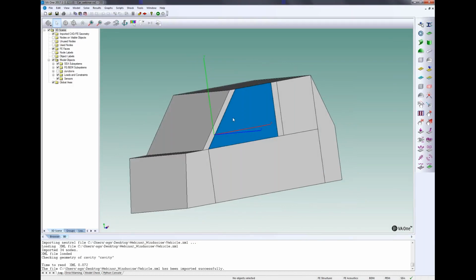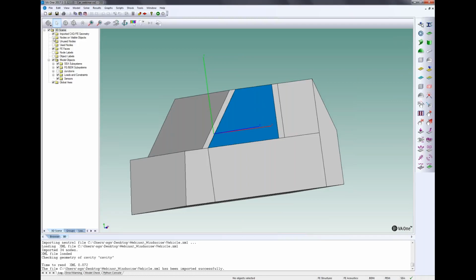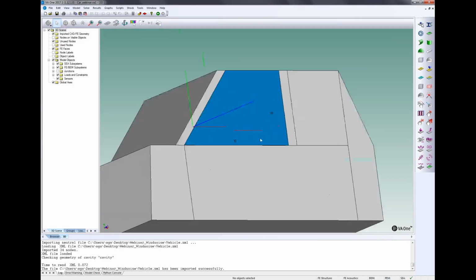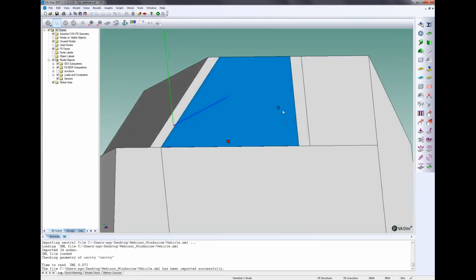It's quite a prepared model, but I will create the wave number frequency analysis using two nodes here because these two nodes will represent the corner of a rectangle that will be used to perform the wave number analysis of the input load here.